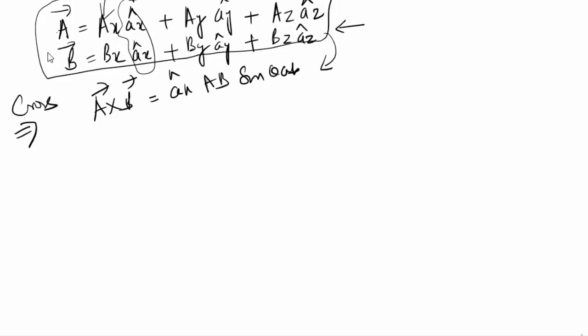So when I apply the cross product, I can write A cross B in detail as Ax into Bx, which is a magnitude, times ax vector cross ax vector, plus Ax into By into ax cross ay,